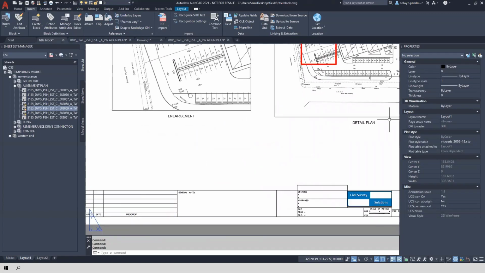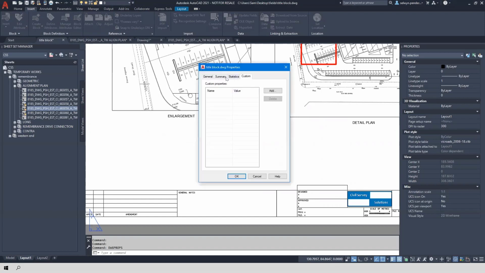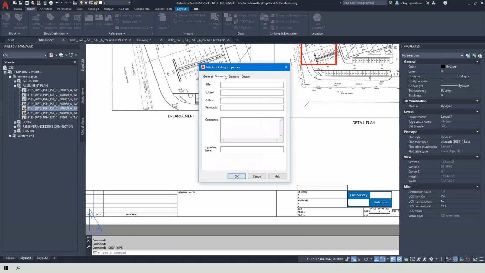in our drawing. I'm just going to type DWG props, and this will bring up this window here. So this is just so we can get some information into our drawing. So we've got general, we've got summary. We might give the drawing a title, and I'll just call this